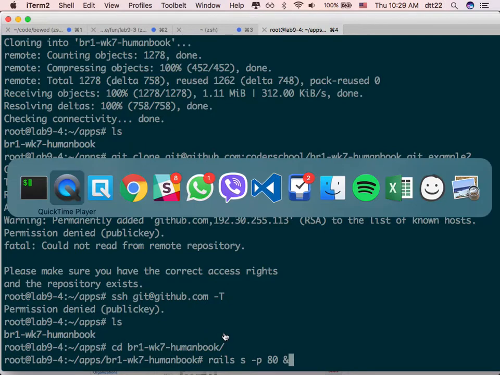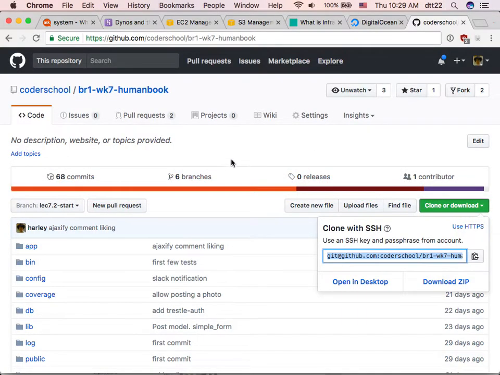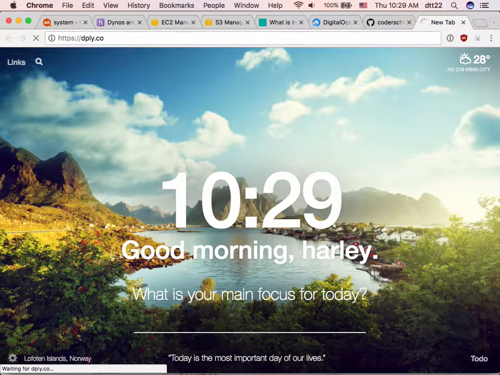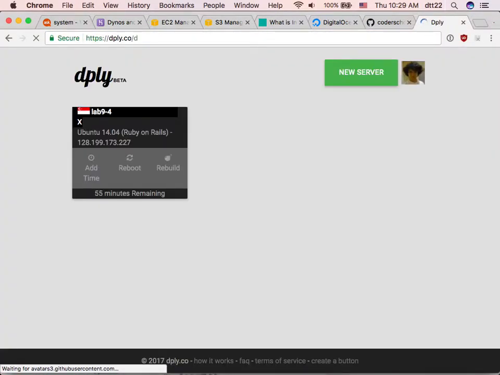Okay, so here's the fun part. You will not find this anywhere, but I have to find something that is nice and usable for those of you who don't have a credit card, who don't have a DigitalOcean.